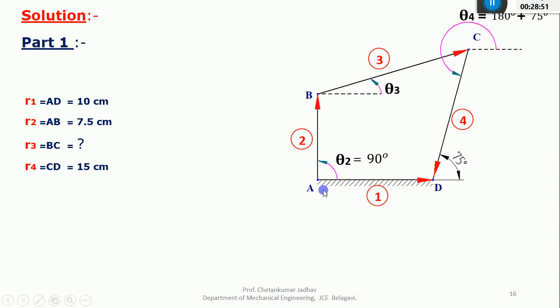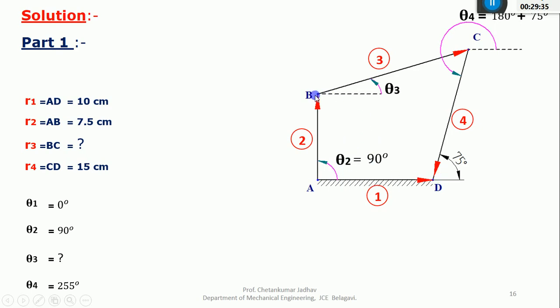And after that, I'll note down the angles. First, I'll start with the first link. Since this vector is along the positive real axis, the angle is 0. My positive real axis is here itself, and the vector is also here. The angle made by this vector with respect to the positive real axis is 0, right? So theta 1 is 0. And when you consider this second vector, the angle made by this vector with respect to the tail of the vector and with respect to the positive real axis is theta 2 in a counterclockwise direction. So theta 2 is 90. It is given in the problem. You can see this is a 90 degree, perpendicular to the first link. So theta 2 is 90.